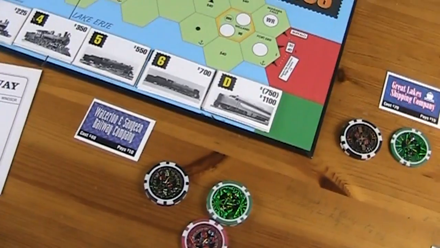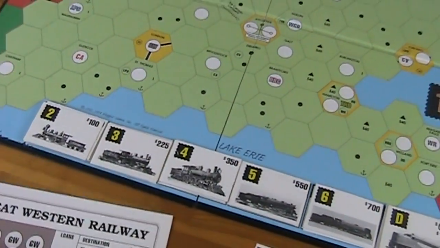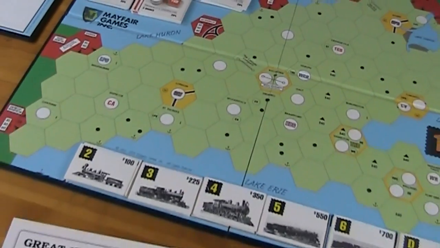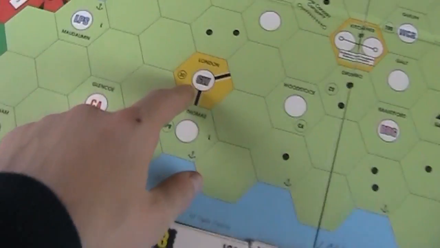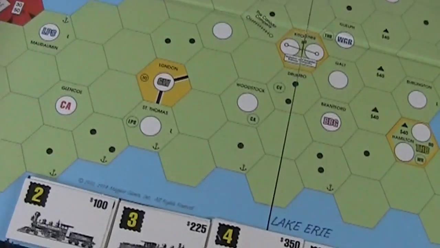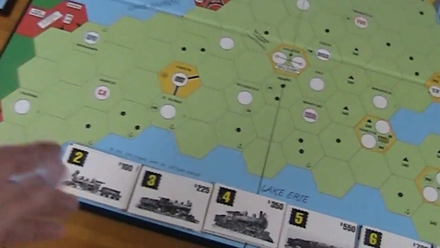from the really close choice here. We got the Great Western. That looks like a good choice to me, on the long term, as well as a good money maker at the beginning. First of all, it starts in London, which is a city which gives you more money than your standard city. It's right next to St. Thomas, so